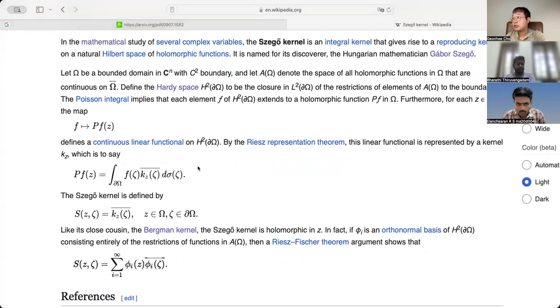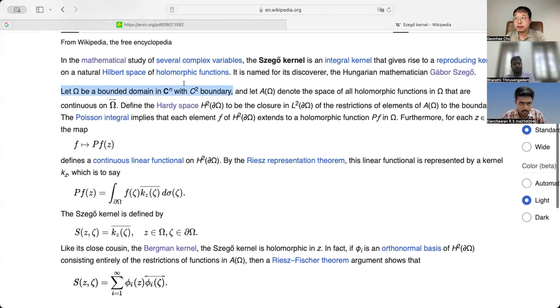If you look at this description, still this measure is a Lebesgue measure. This is just a Lebesgue measure, so that we can consider everything as the same except the boundary regularity, because we have this additional assumption. That's why people are more interested in the Bergman kernel, because the Bergman kernel does not require such an additional assumption.